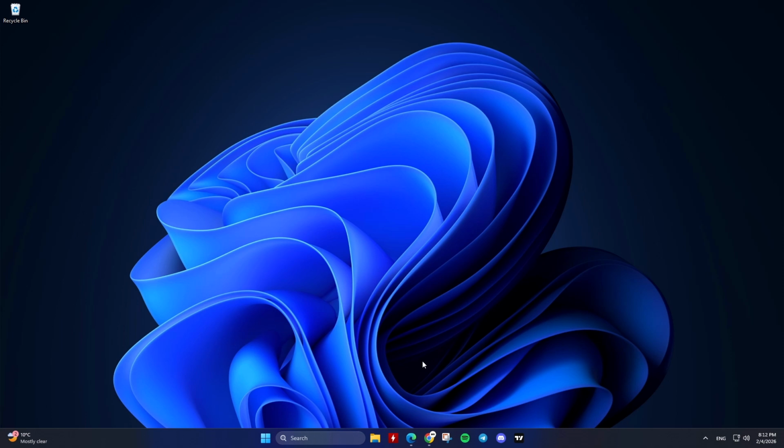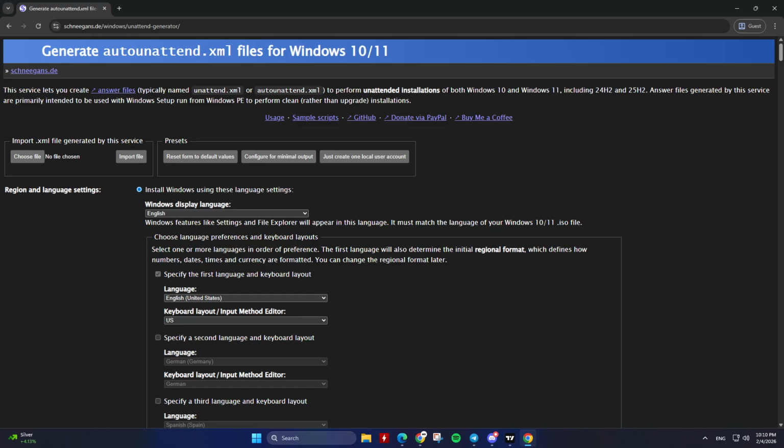Step 8. Restart your PC. After completing all steps, restart your computer. If VBS still shows as running, you may need to disable Secure Boot in BIOS or UEFI settings on some systems. Note: you can also perform a clean installation of Windows using an Autounattend.xml file generated from the